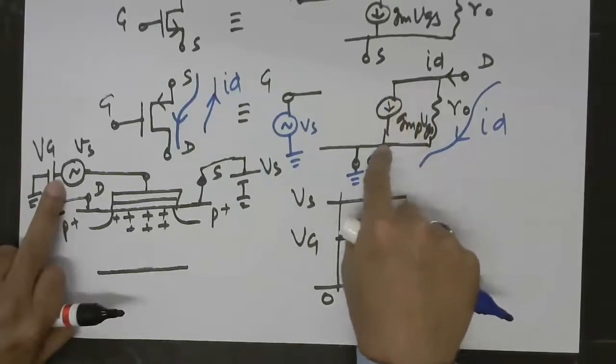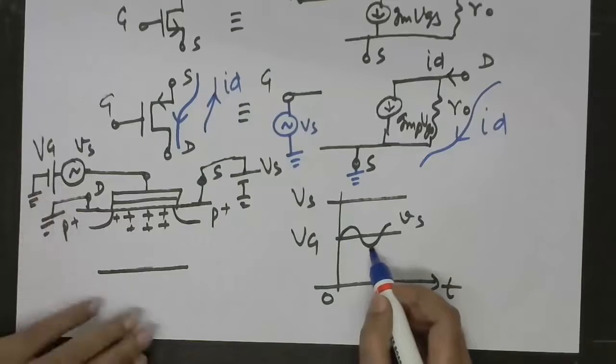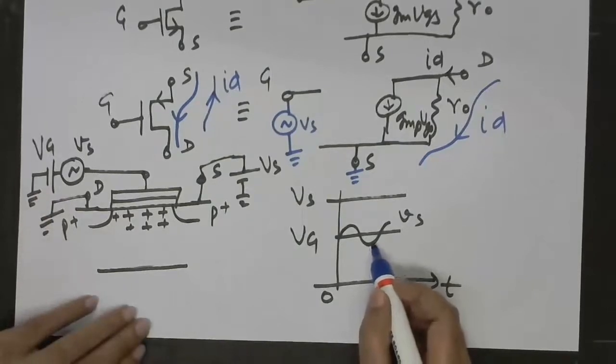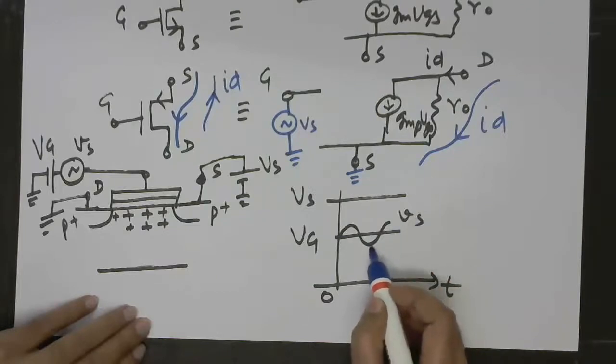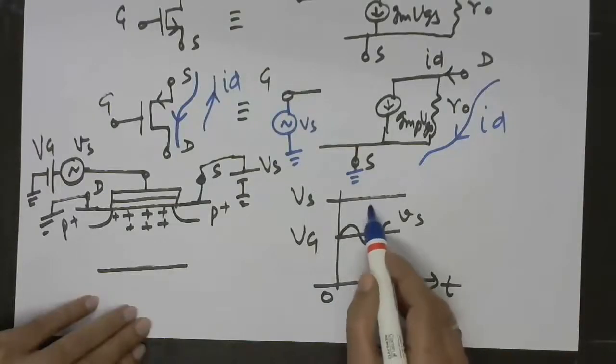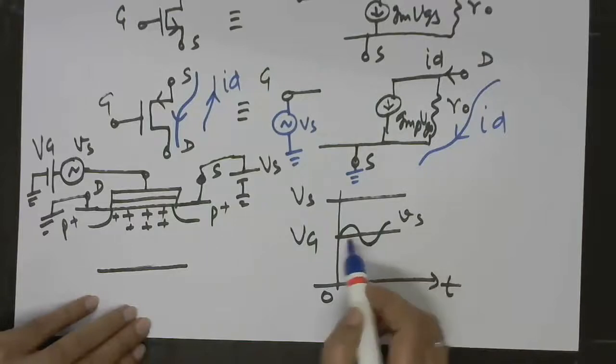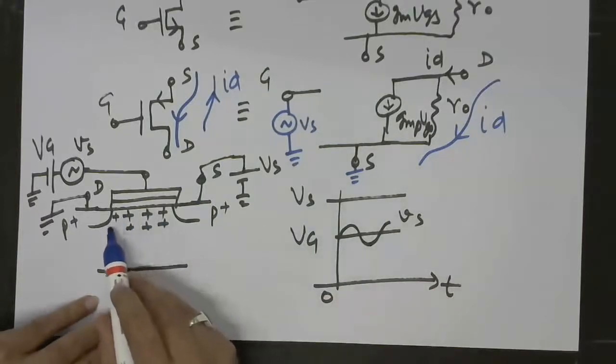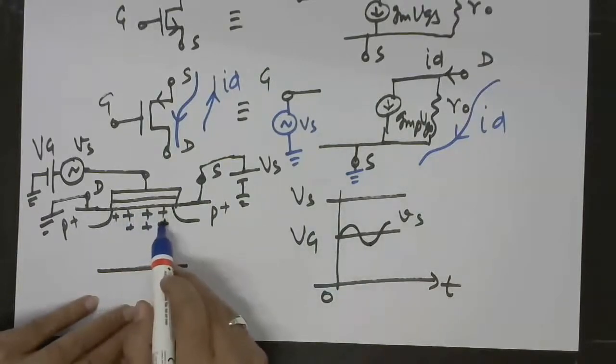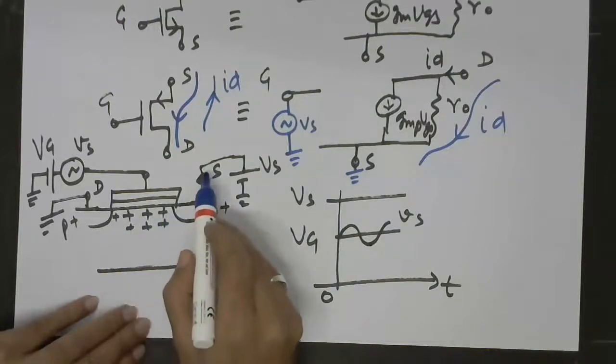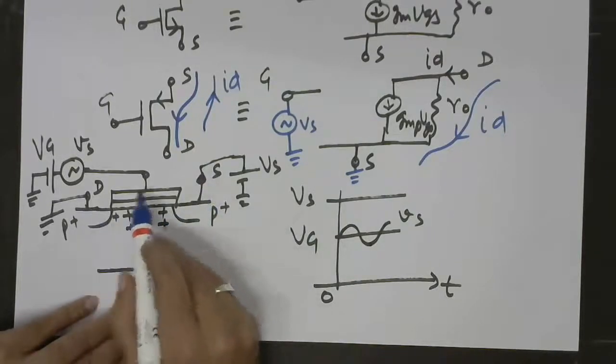So for the model for PMOS also, the direction of the dependent current source should be from drain to source. Now you can analyze what will be the scenario during the negative, when the time dependent voltage decreases. So for this moment, you can see that now there is a more magnitude of the gate to source voltage, but of course negative. That means now the charge density inside the channel will be more, conductivity will be more.